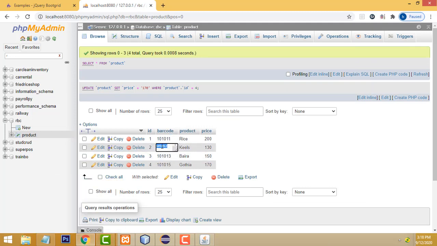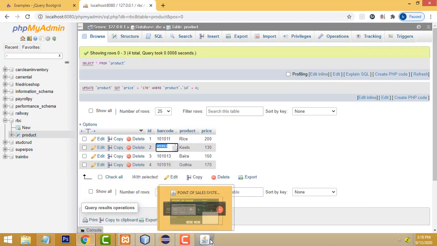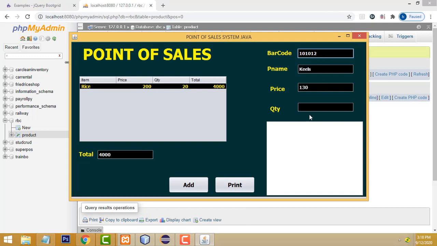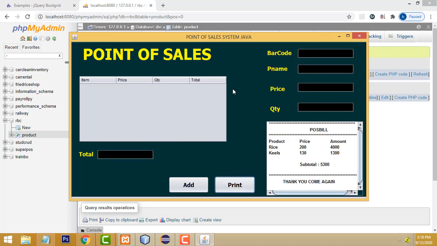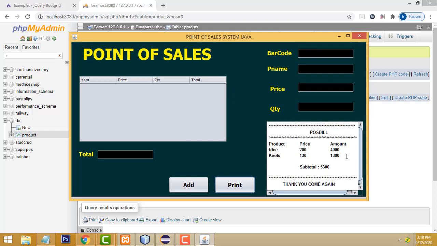this one. Let me put it here, right? For this one you have to enter the quantity 10 and click the add button, right? Here the final total will be calculated over here. If you click print, all that should be cleared, and here you will be able to see a simple print receipt. A very simple print receipt should be displayed over here, right?